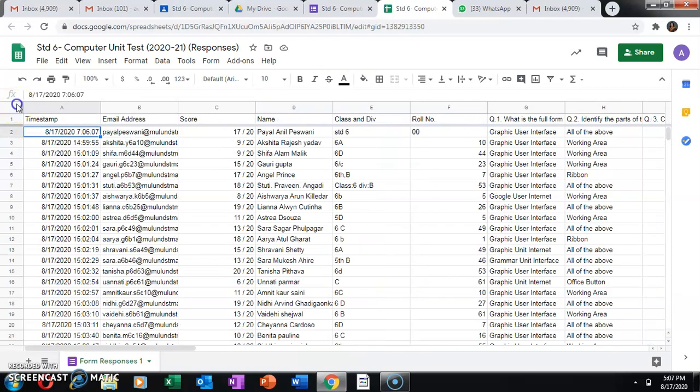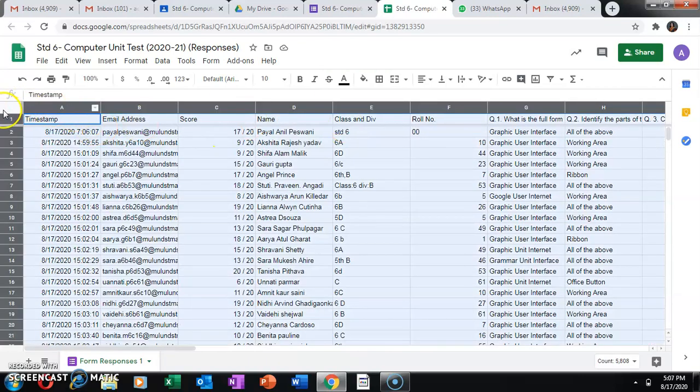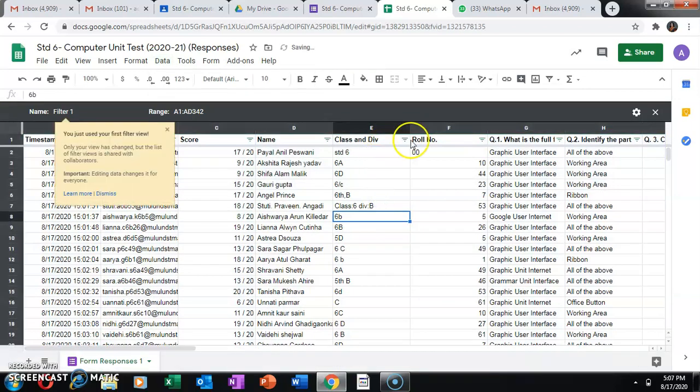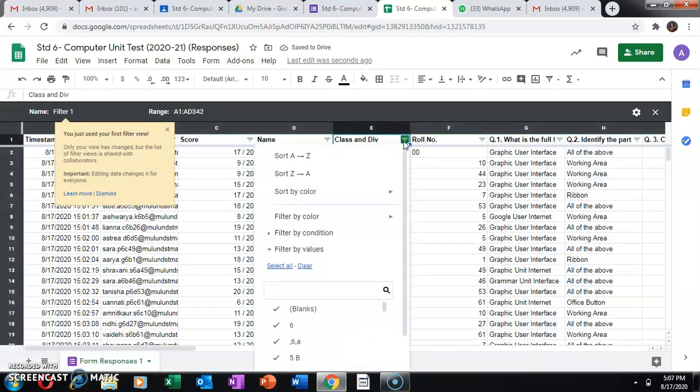And how you can do, you can select this file and go to data and there is a filter option. So you can click on create new filter view. So you can see here filters.